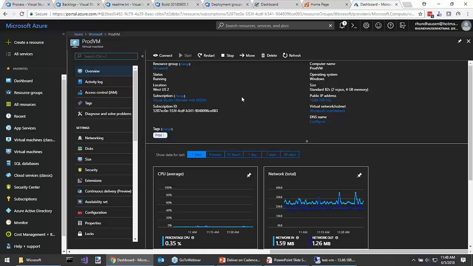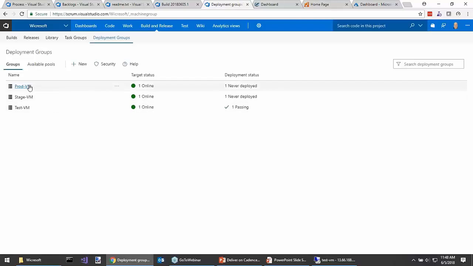Any questions? With Azure or AWS, you can spin up as many VMs as you need. You can choose how powerful they are, memory and CPU and all of that. And also containers. There's tons of containers out there that you can use. Windows native containers, Docker containers. So what I've done back here on my deployment groups is I've basically created a group for each one of these. I'm going to show you what that step looks like.